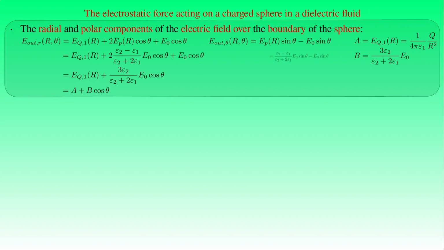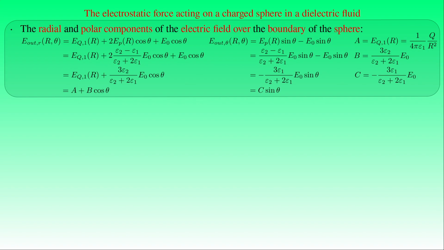Similarly, for the polar component of the field strength E evaluated at R we obtain the ratio of epsilon 2 minus epsilon 1 to epsilon 2 plus 2 times epsilon 1, times E naught times sine theta, minus E naught times sine theta. The right-hand side can be written as negative 3 times epsilon 1 over epsilon 2 plus 2 times epsilon 1, times E naught times sine theta, where we introduce the notation C for negative 3 times epsilon 1 over epsilon 2 plus 2 times epsilon 1, times E naught. Then the polar component of the field strength E at the radius R can be expressed by C times sine